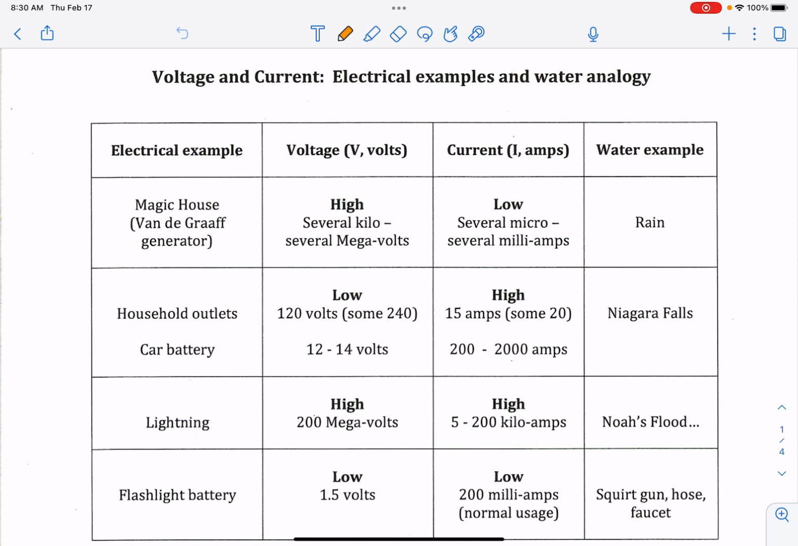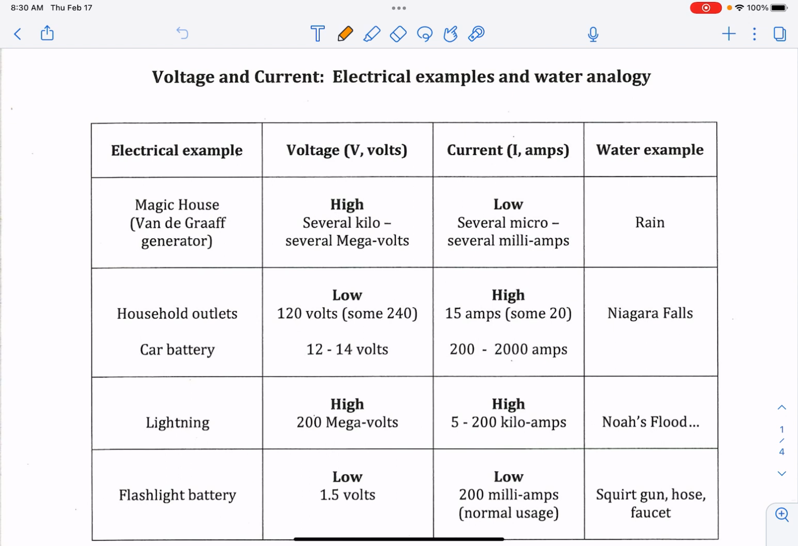That would be upwards of 200,000 amps of current. And there really is no natural analogy to this. So somewhat in jest, I put down Noah's flood. And then finally, a typical flashlight battery or a battery that's used to